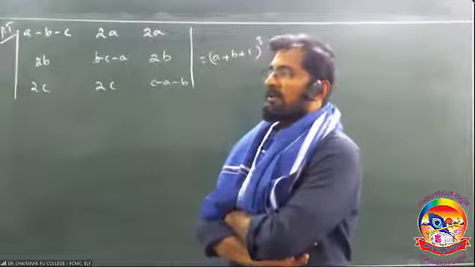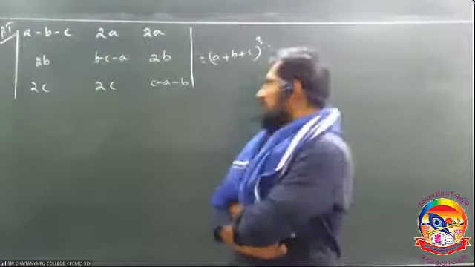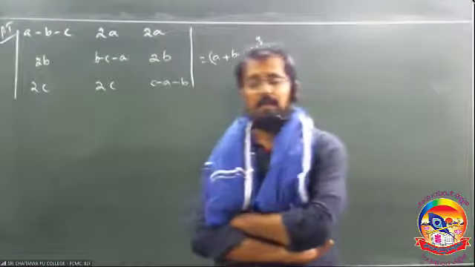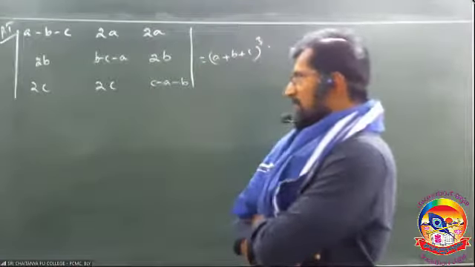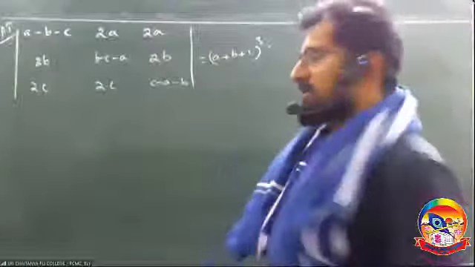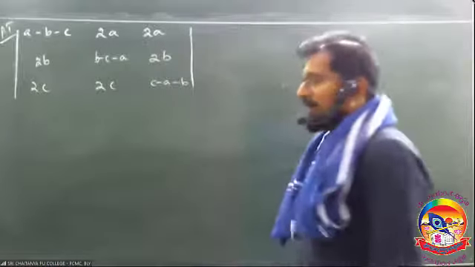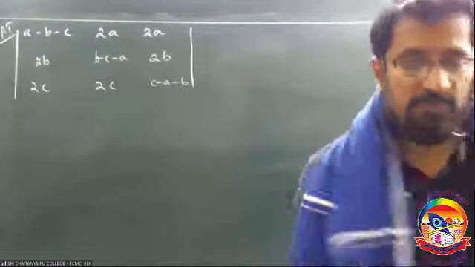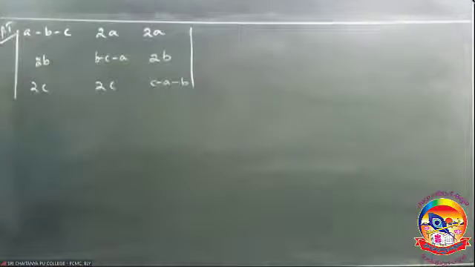Which operation is to be done to get A plus B plus C on the left-hand side? That is the thing you should observe. Take one minute and do it slowly, because these are very important problems, and of course lengthy also. Observe, suppose I add these three rows, am I going to get A plus B plus C?